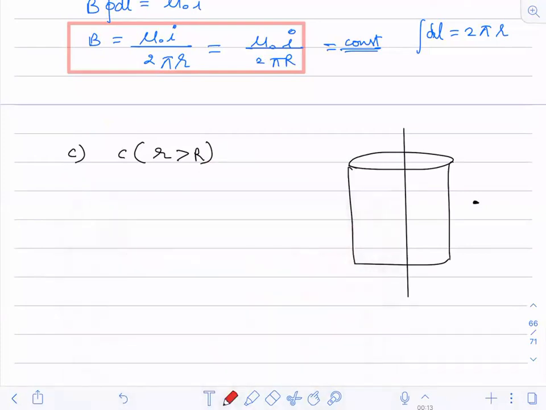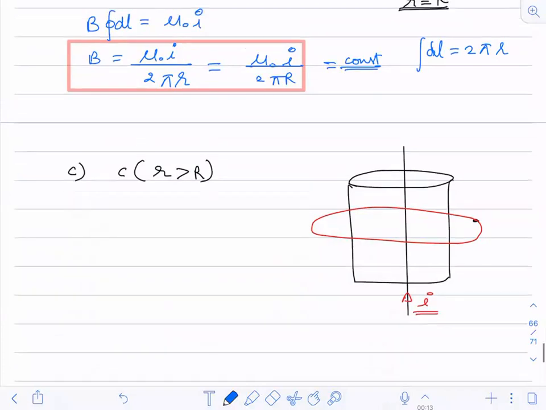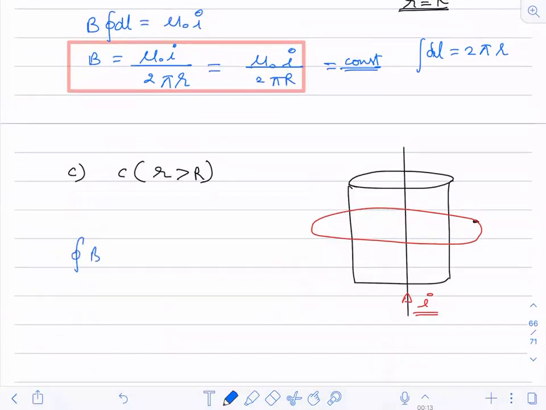So if I draw a loop, considering this, what amount of current is flowing across this loop? Is the complete I flowing? Yes, the complete current I flows across this loop. So if I apply Ampere's circuital law, which is B dot dl is equal to mu naught I enclosed, the total amount of current enclosed is I. There's no doubt about that, because this loop consists of the complete current I which is flowing across the conductor.